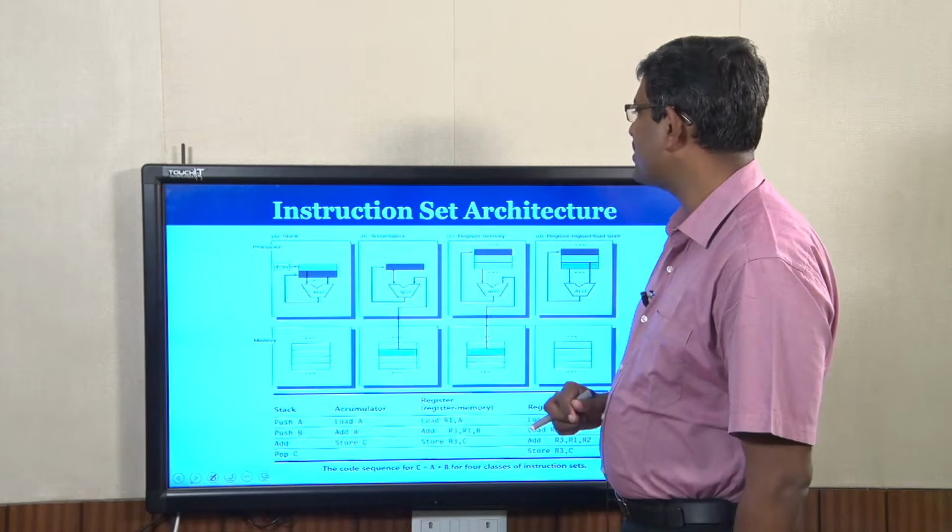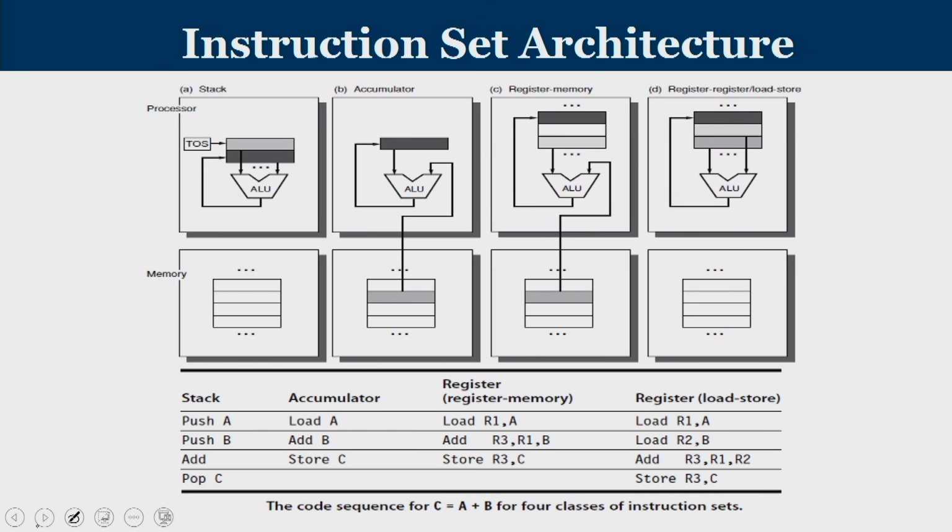We will now see what is the difference between these instruction set architectures. The first architecture is known as stack architecture. In the stack architecture, we have the arithmetic logic unit which is connected only to a system stack. That means the operands of any arithmetic or logical operation can be from the processor stack only. Generally, we have the memory wherein your data is located. From the memory, you have to use push and pop operations to transfer data between the system stack and the memory.